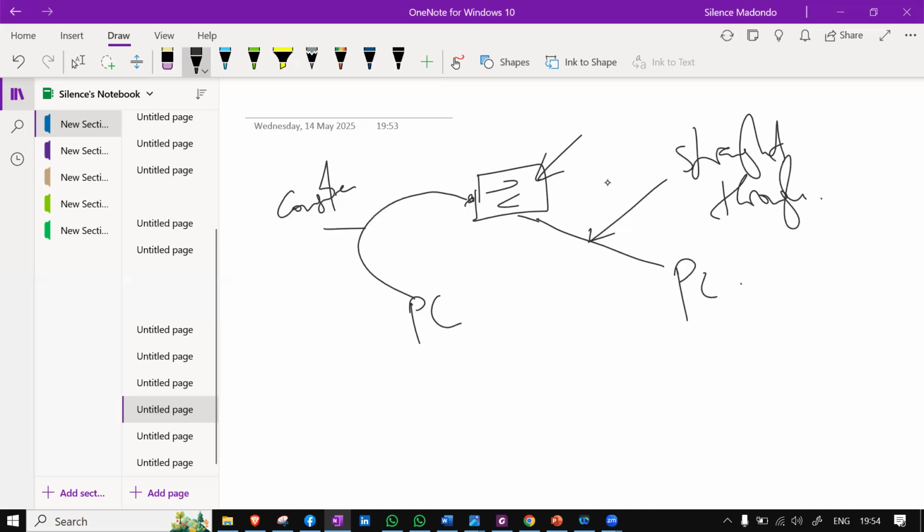In band means if you are getting access to the switch using a connection, an interface, a port that is also used to connect to the network, then that is in band. If I'm using a port that is not connected to the network, then it's out of band, the console. So in summary,